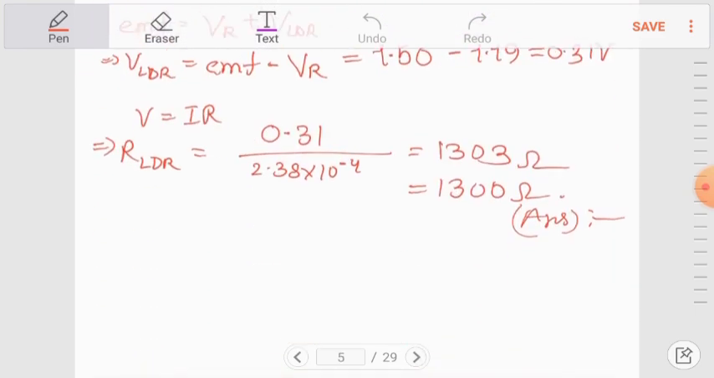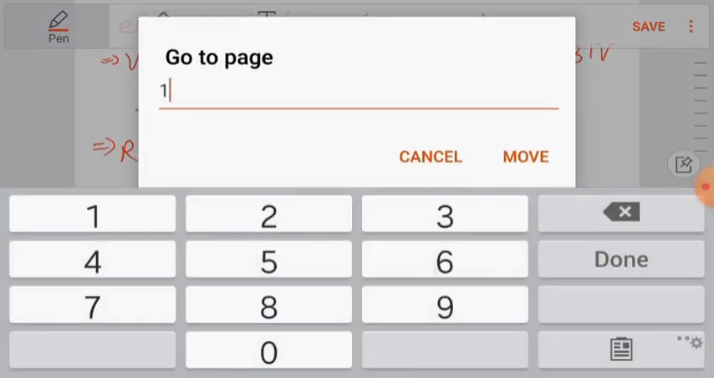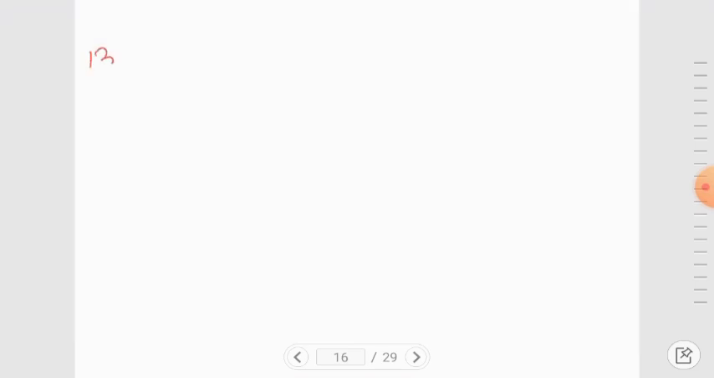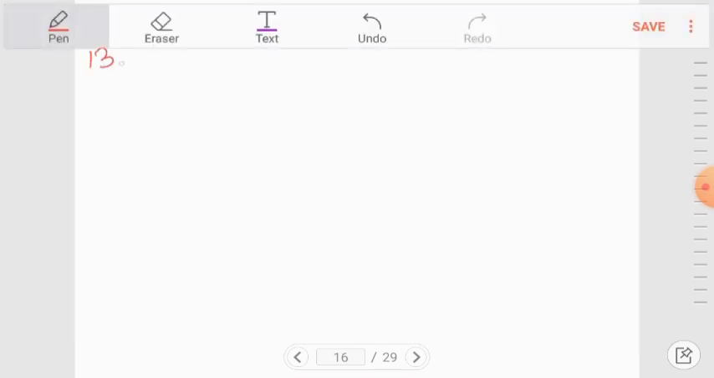I am now solving 13b. Let me move to a blank page. So now we are going to solve question number 13b from section B. Here it was already stated that when the lights were on, the teacher has already said that